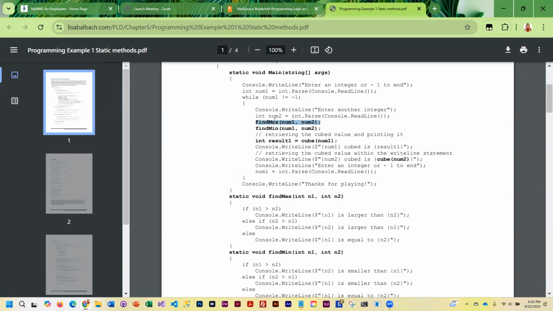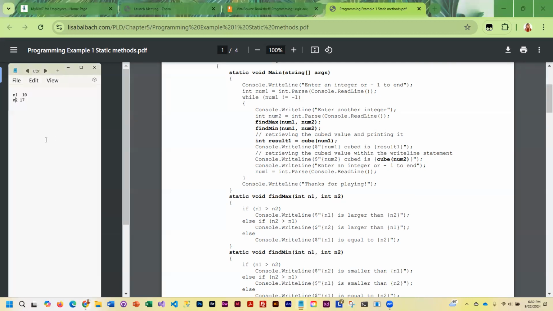When you are returning nothing, there is no assignment statement. Okay, you don't have to have a variable on the left and set it equal to find max, because find max doesn't return anything. Find min is the same, right? So now we are back up in our main method